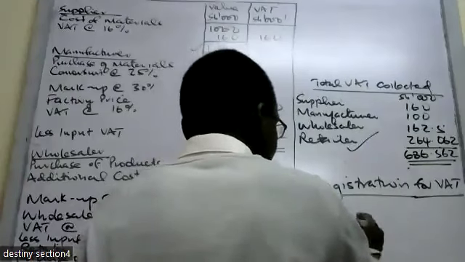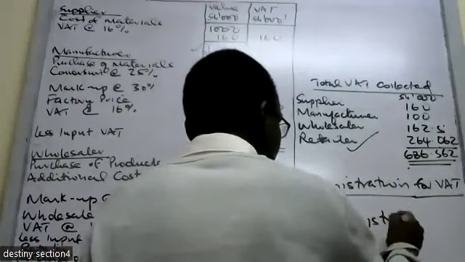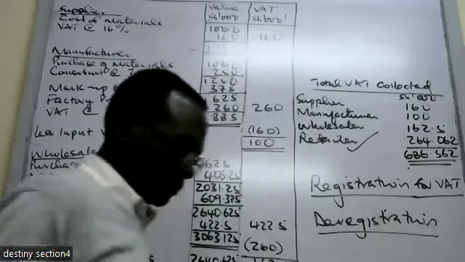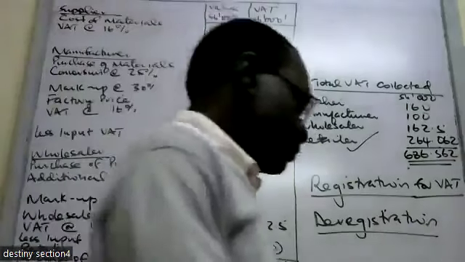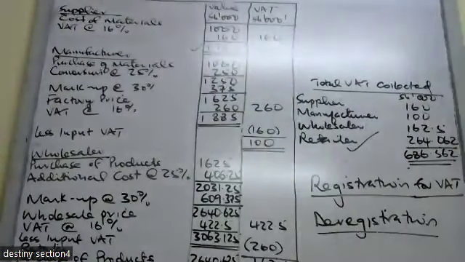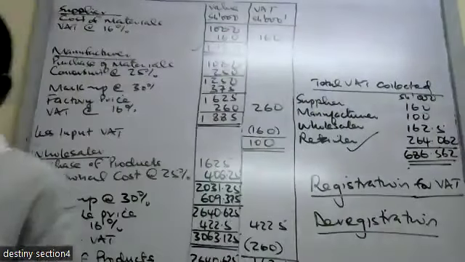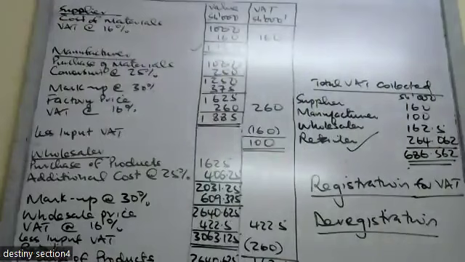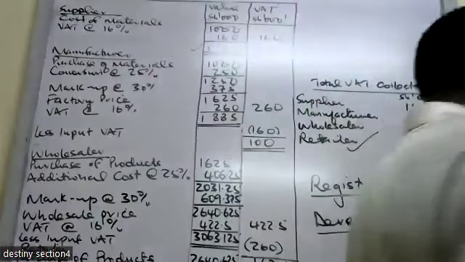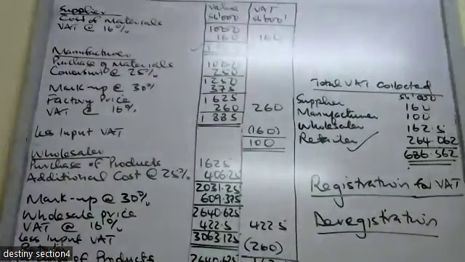So the deregistration, then you say where the value of the taxable turnover does not exceed 5 million shillings in any period of 12 months,